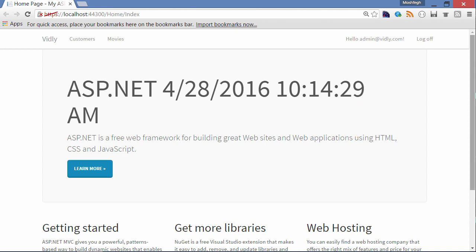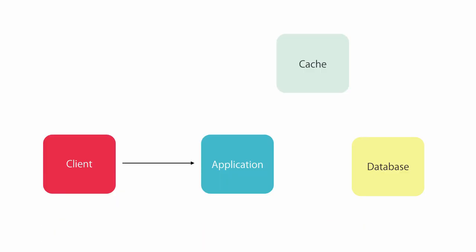Okay? Now imagine behind this page, we're going to have a costly query and our performance tests are showing that this is one of the slow pages in our application. Now, assuming that the data behind this page does not change that often, we can cache the output of this page, which is the rendered HTML. The first time someone visits this page, we'll query the database to get the data. ASP.NET MVC framework will render the page and then store the rendered HTML in the cache. Next time someone visits this page, MVC framework will serve this page from the cache, so the query will not